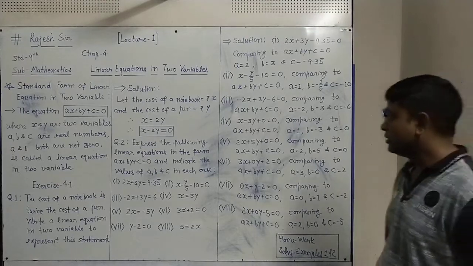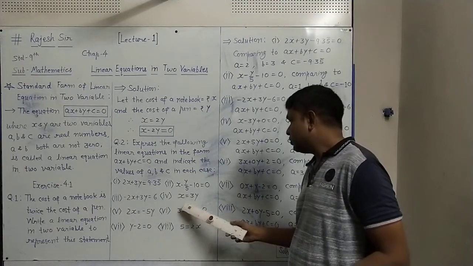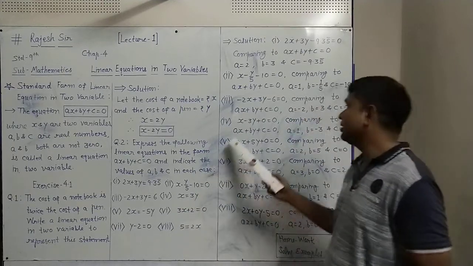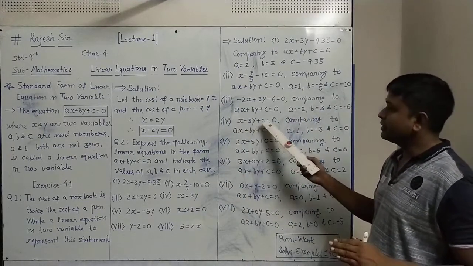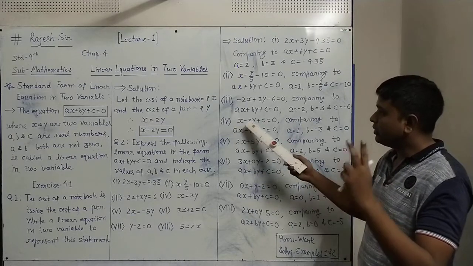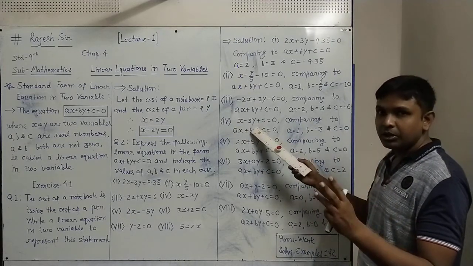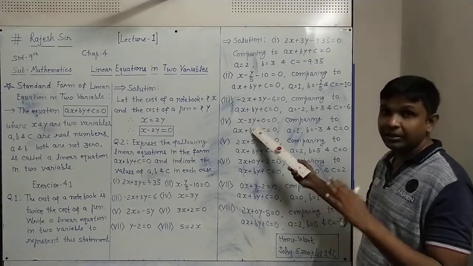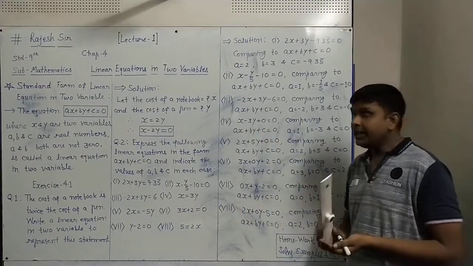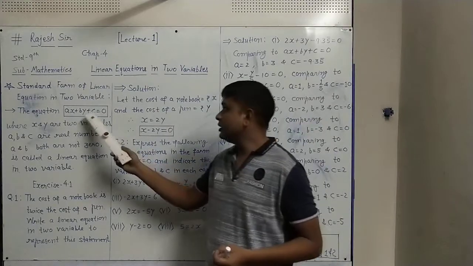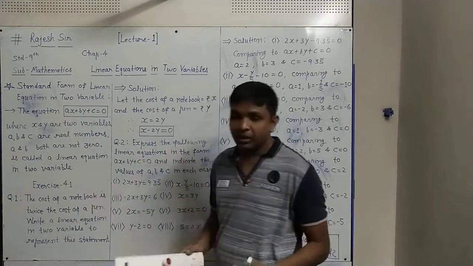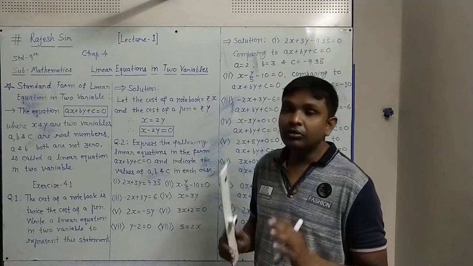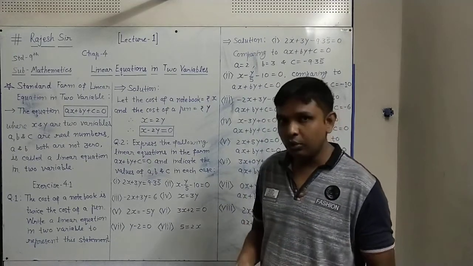All the 3 values. Then fourth number, x equal to 3y. So this 3y if we take on left, x minus 3y, and the standard form is having x term first, y term second. Constant term is not given in the equation, so we will put 0 there in place of constant. If any term in these 3 terms we have on the left side, if any term we don't have in the equation, we will write that term putting 0.